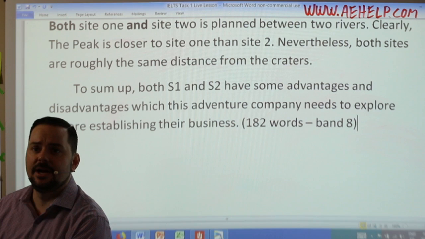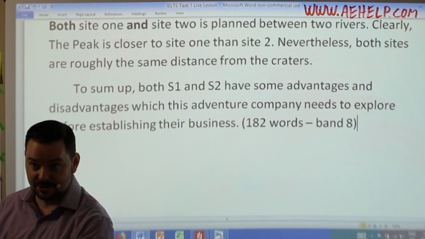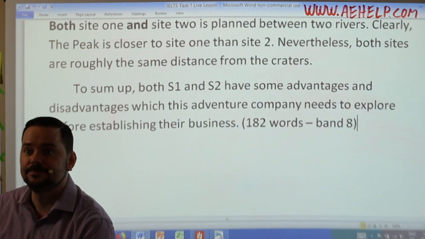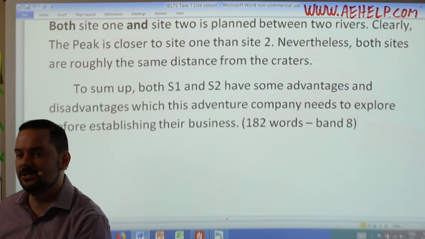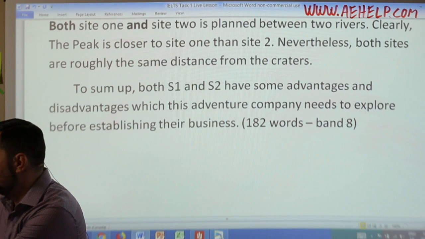Who wants to see a 9? Does anybody want to see a 9 level for this? I can show it to you. I have the answer for a level 9. Does everybody want to see a perfect score? What's a perfect score answer? I'll show you a perfect score answer. All right. So,